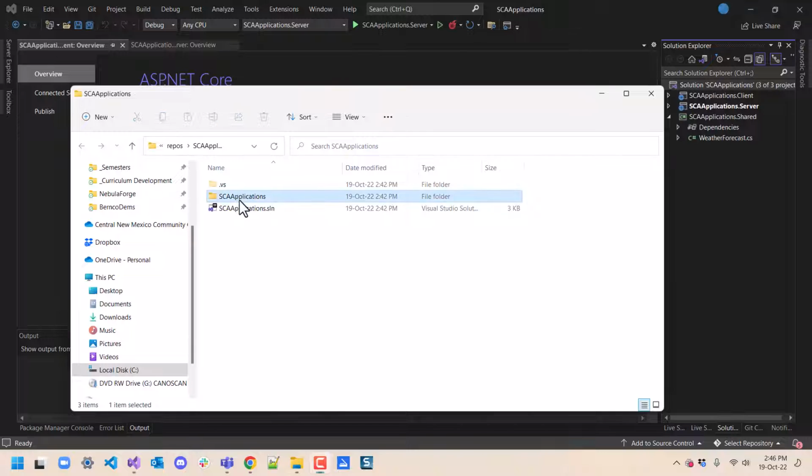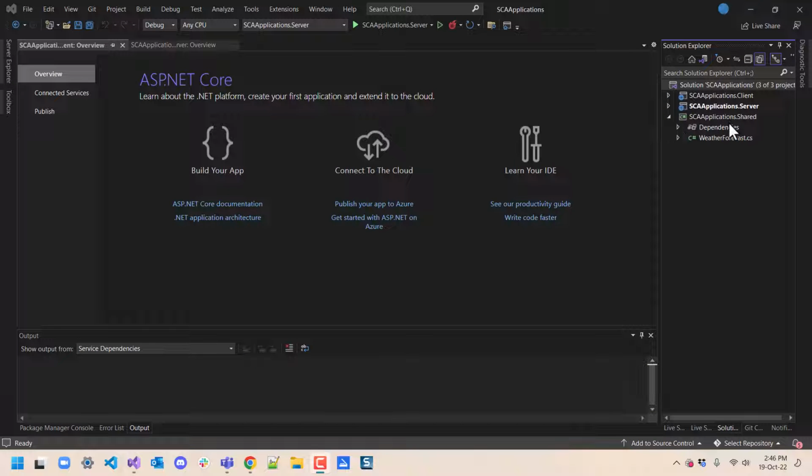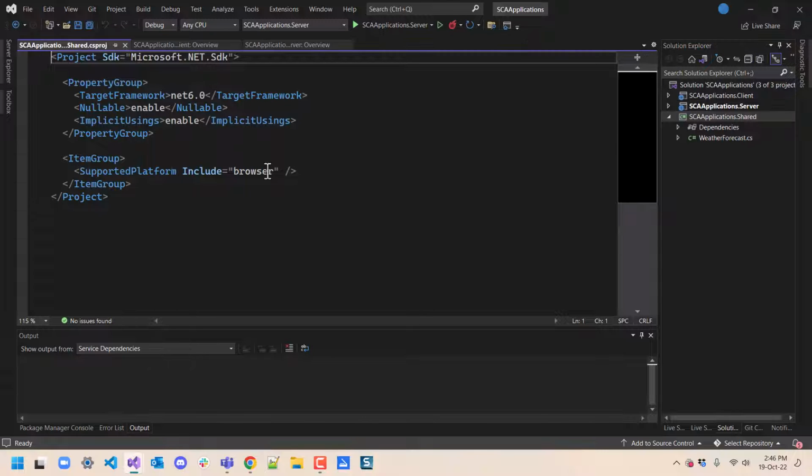So we can see we've got these three projects: client, server, and shared. And I think I want this shared to actually become my data folder. Sometimes people will add a data project directly, but let's take a look at this shared data project. If we double click on it,